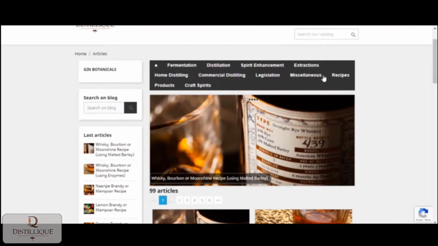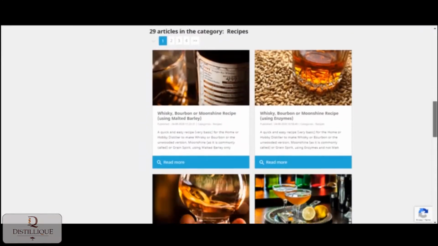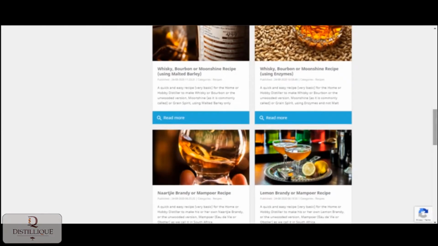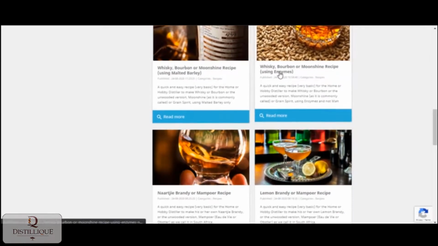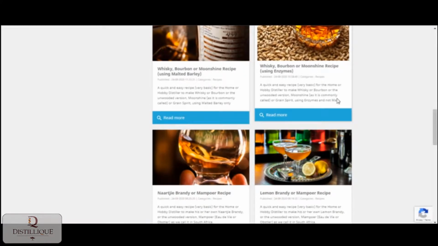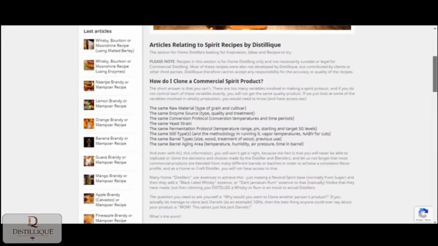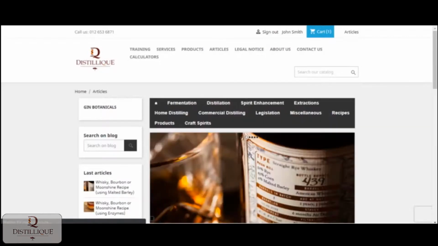So let's say I'm looking for a recipe, so I click on recipe. Here's some basic information again, and then all the recipe articles. For instance, how to make bourbon, whiskey, or moonshine using malt barley, making the same products using enzymes. There's a whole bunch of fruit brandy recipes in here. But if I was looking for something a bit more technical, I could go back to my articles homepage, and